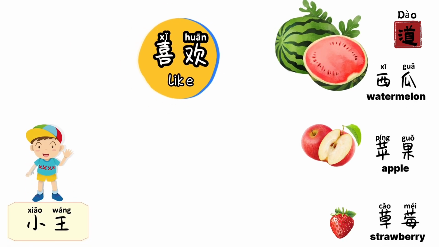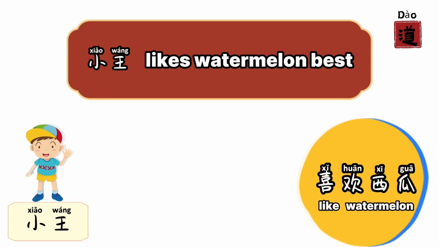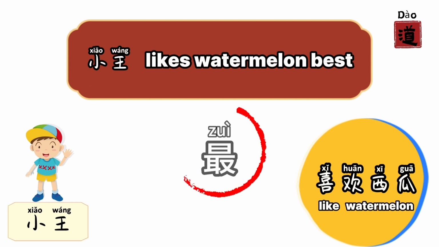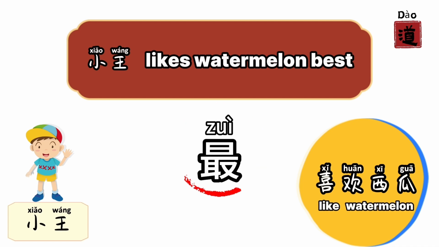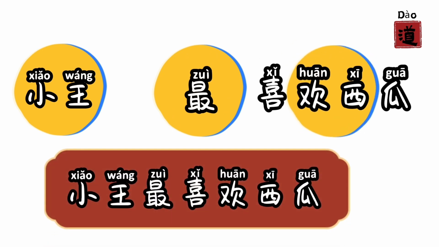Example 2. Look at the picture. Here are 3 kinds of fruits that 小王 likes. Which fruit is his favorite? Yes, 小王 likes watermelon best. When you want to express that watermelon is 小王's favorite fruit, you can use 最. Let's make this sentence. 小王最喜欢西瓜。